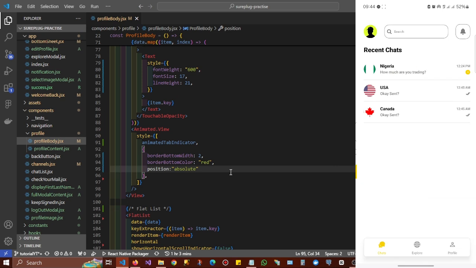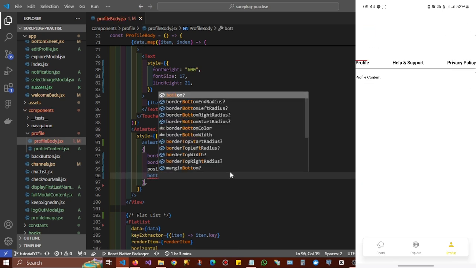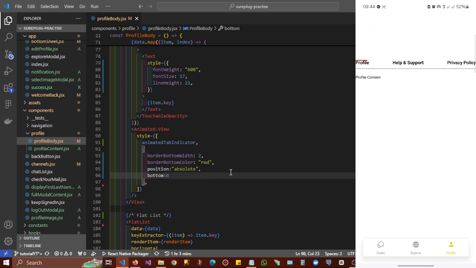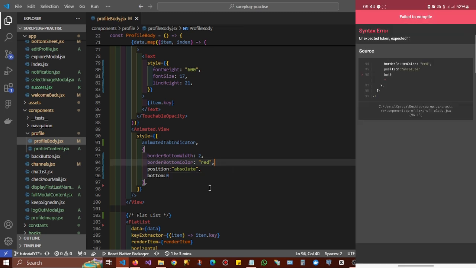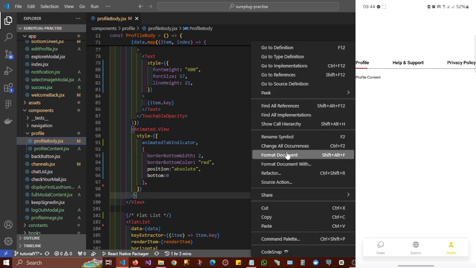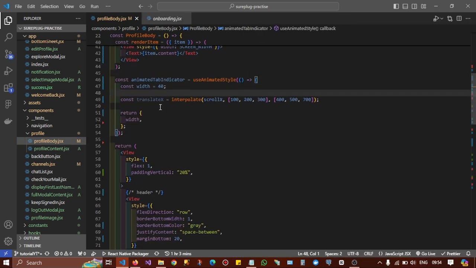Yeah, then bottom, set it to 0. Yeah, so our indicator is showing perfectly. So we can